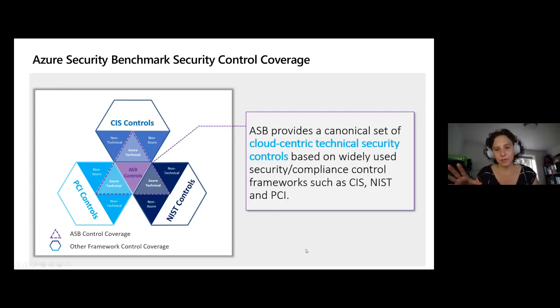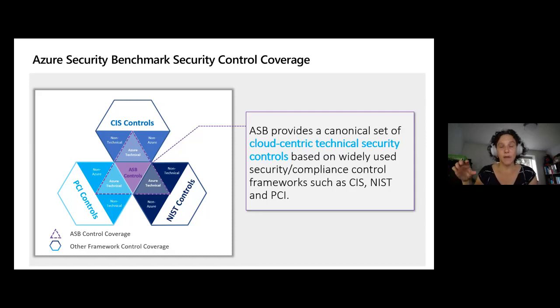A little bit about the relationship between the benchmark and the different frameworks that it maps to. So basically a framework like NIST or CIS or PCI is going to include a lot of controls that are applicable to Azure, applicable to the cloud and to resources in the cloud. But it's also going to cover additional things, things that have to do with processes within an organization or with team training or with different things that are not really Azure technical